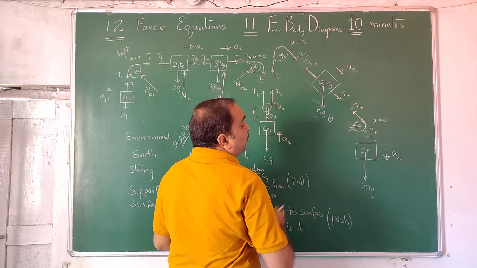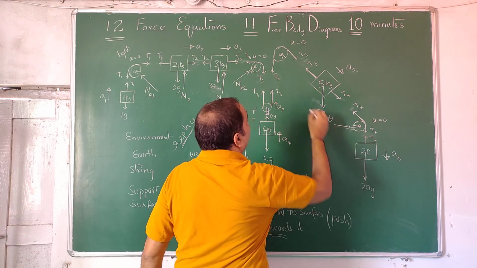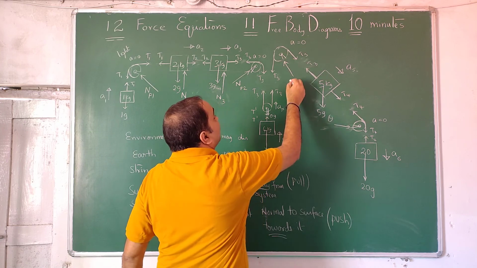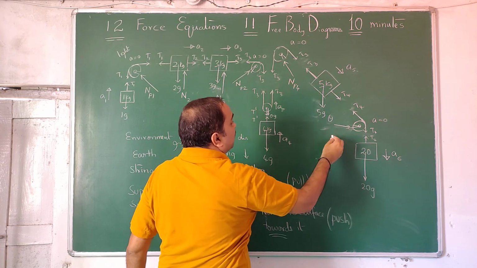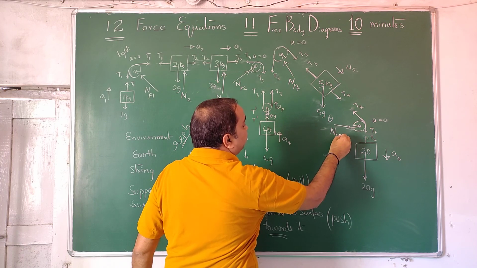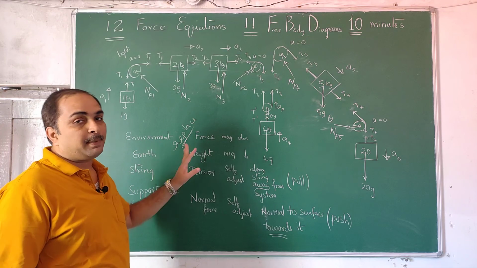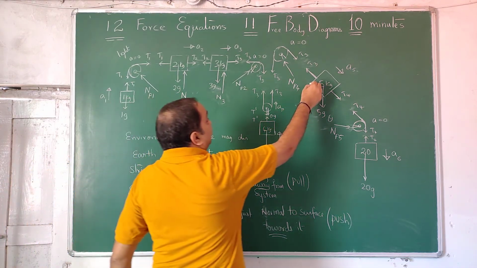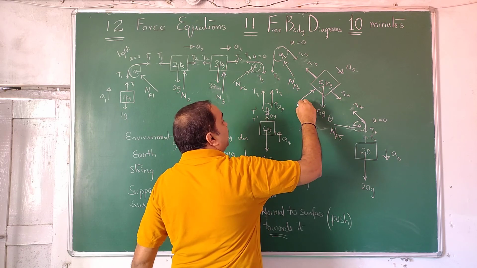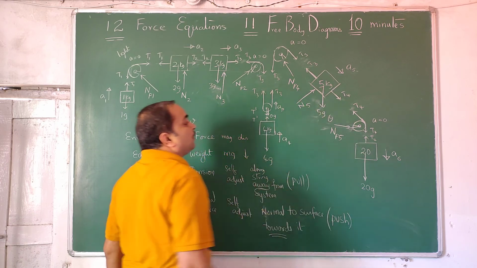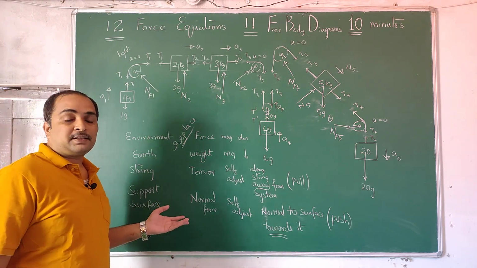This pulley, because of the support, stays there. So you can write some in-between angle, something like this. Normal force on pulley 4. Normal force on pulley 5. Don't worry, I am writing all at a time, but I will separate them. And here, this block is being supported by a normal force acting perpendicular to it, N5. Over. Now we are taking our frictionless surface.